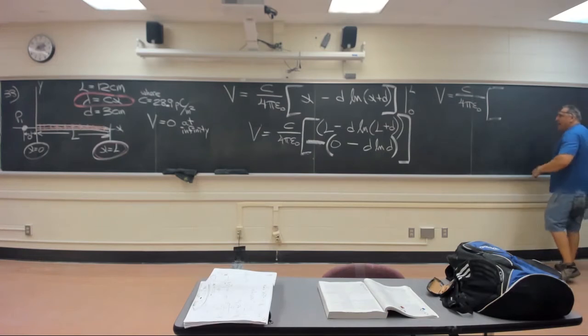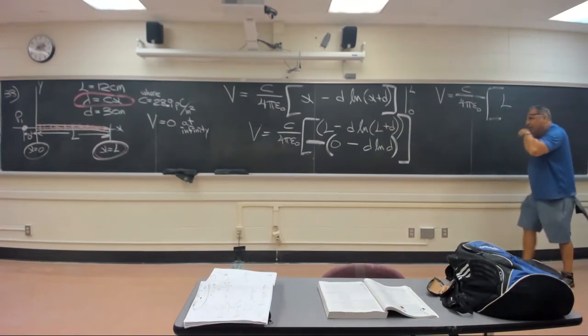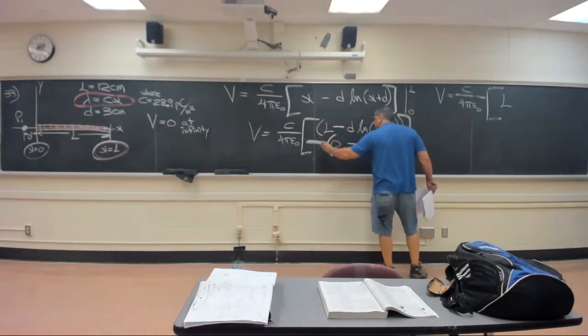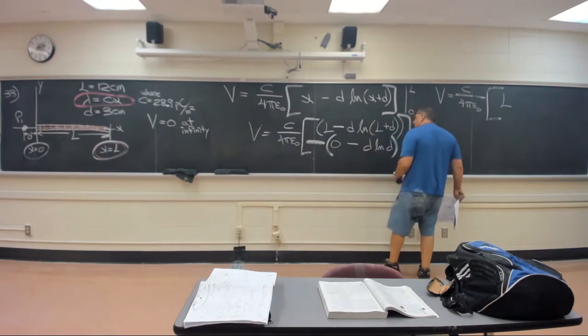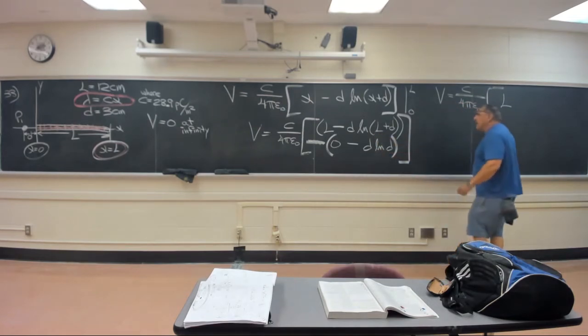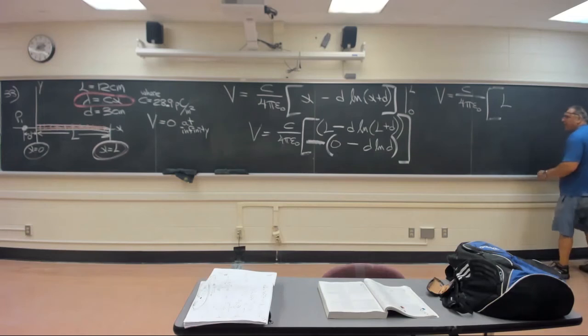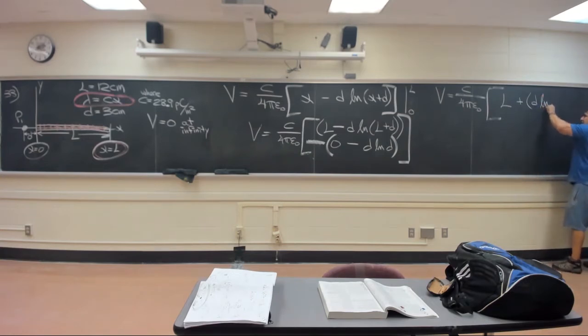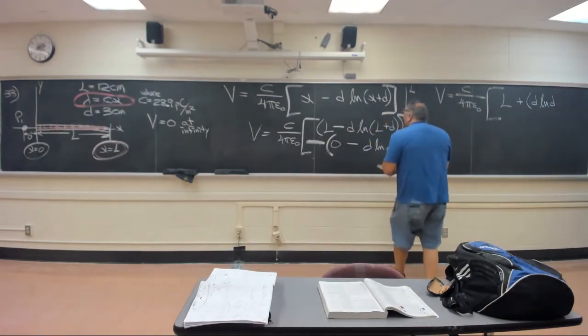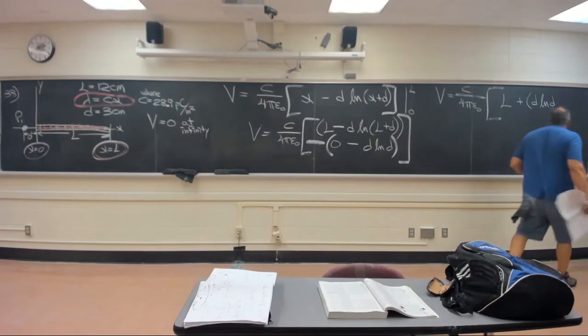So what we got here is you got the big L minus 0. That's just the big L. You got the minus thing here, which is plus a negative. This is minus plus a negative this, which is plus a positive this. It's d ln d. This is minus d ln minus d. So, gotta be careful. It shouldn't be too bad, but minus a minus is plus. This minus stayed. D ln